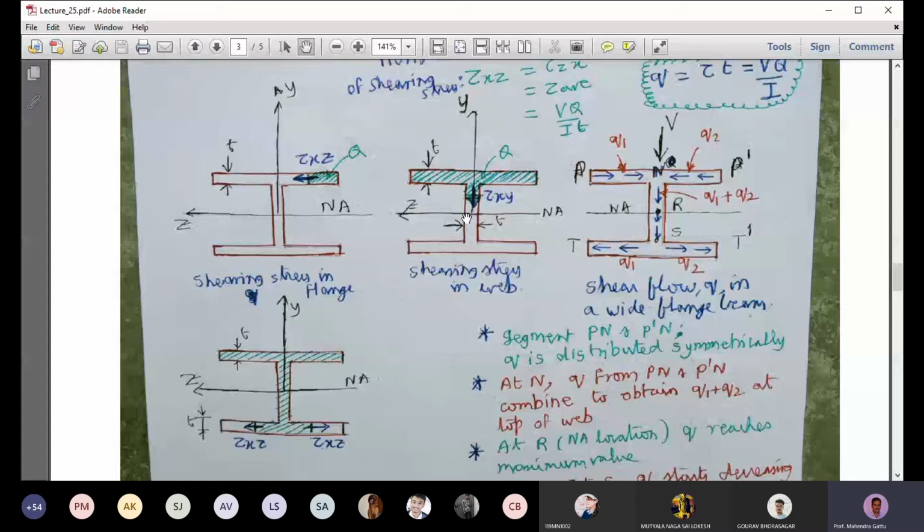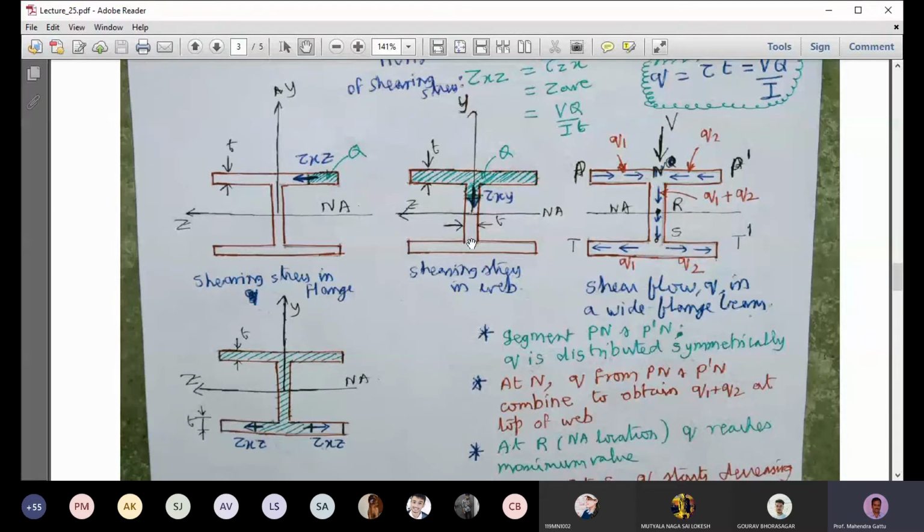And as you cross the neutral axis and move still further down, whatever portion of area is above the neutral axis gives a positive value, and the portion below the neutral axis will have a negative value, because in the integral of y dA, the y is in the negative direction. So there will be a reduction in the Q value as you move down. So the shear stress will start reducing as you move downward from the neutral axis.